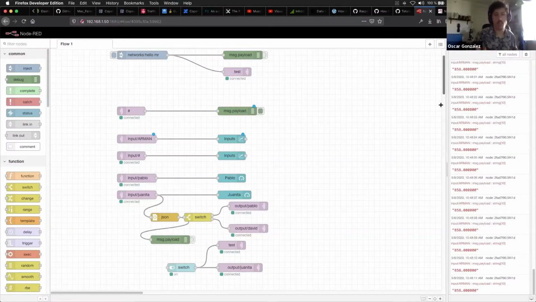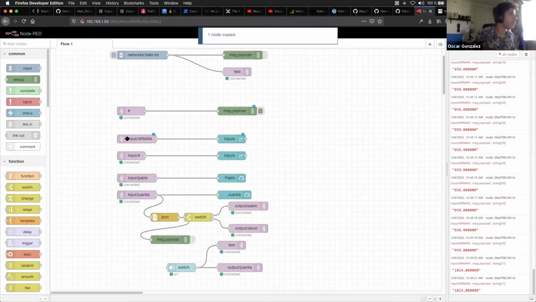So as an example, I'm gonna send Edu's coolness level to Arman, just so you see how this is gonna be very easy. Actually, I will keep my screen sharing here. And you can just minimize it or close it if you want while you work. So I'm gonna put this Arman to make this one to